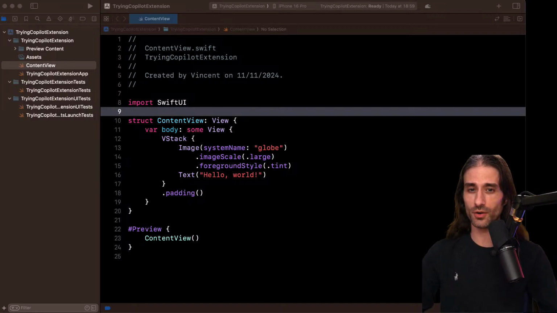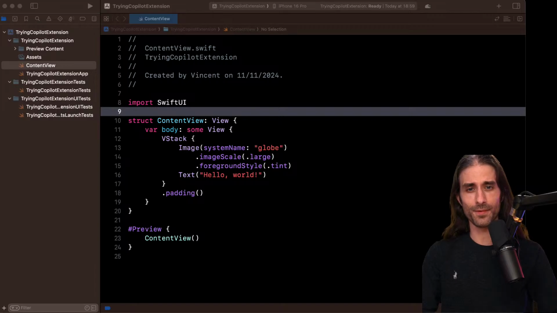So kind of funny to see this being released a few months after predictive code completion in Xcode and before Swift Assist, because if you're watching the replay, as of when I'm doing this live stream, so November the 11th, 2024, Swift Assist still hasn't been released yet. So they're kind of releasing just before the official feature from Apple.